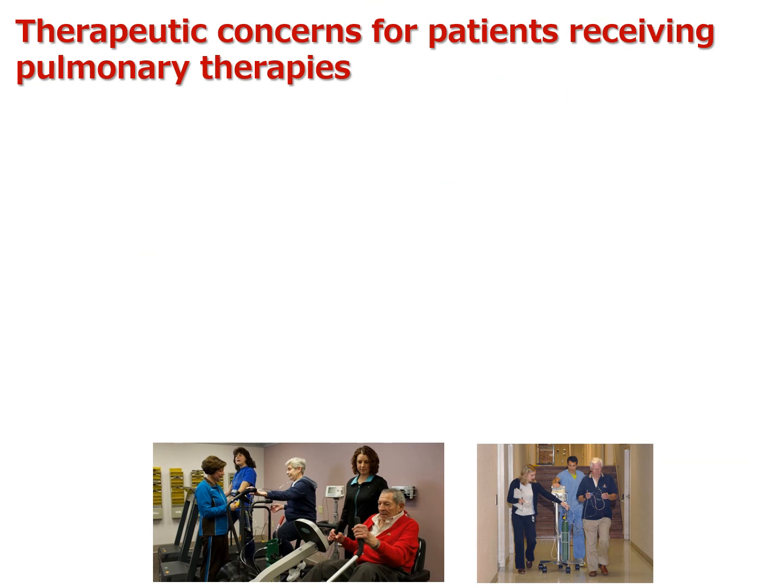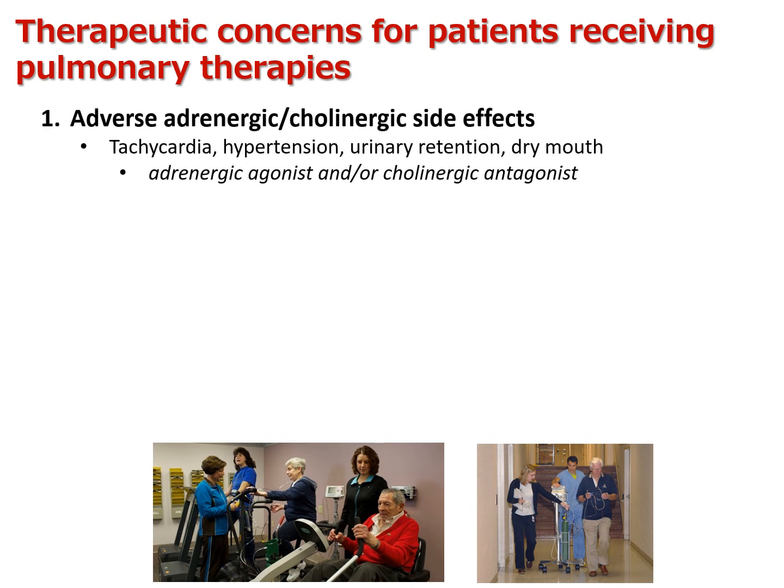In terms of therapeutic concerns, since we are dealing with an organ system that is very, very involved in the sympathetic and parasympathetic systems, and now we're giving drugs to affect them, then we see those adrenergic, cholinergic side effects. Normally, when you're trying to bronchodilate in a COPD, you're going to give either an adrenergic agonist or a cholinergic antagonist, and both will contribute to tachycardia, hypertension, urinary retention, dry mouth, constipation, all those sort of pro-sympathetic responses.